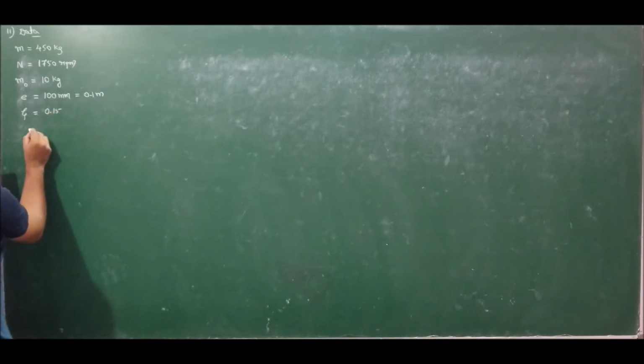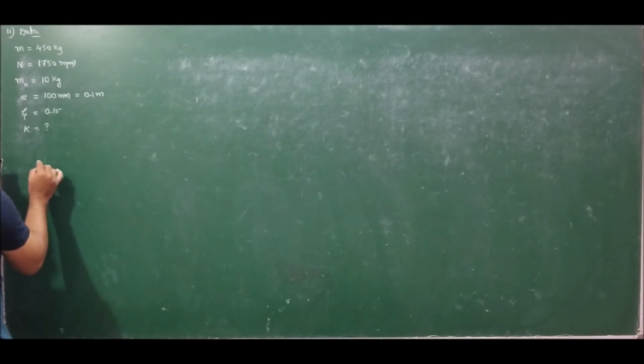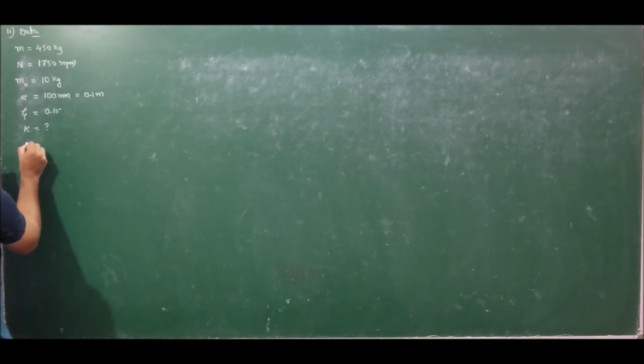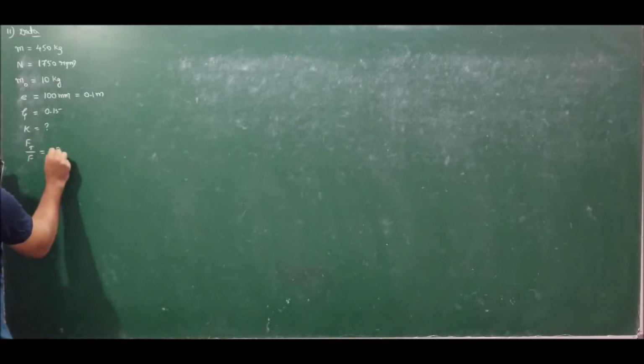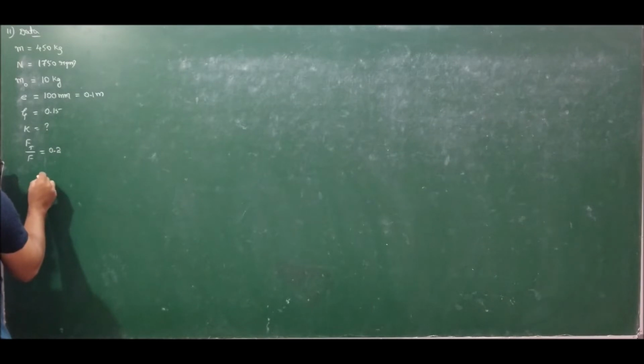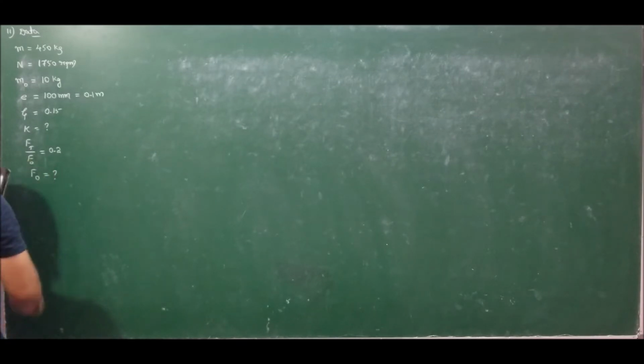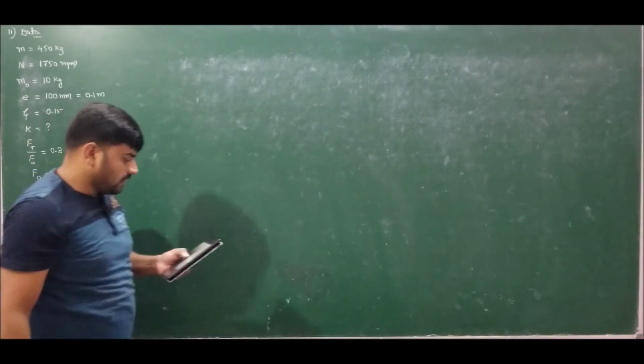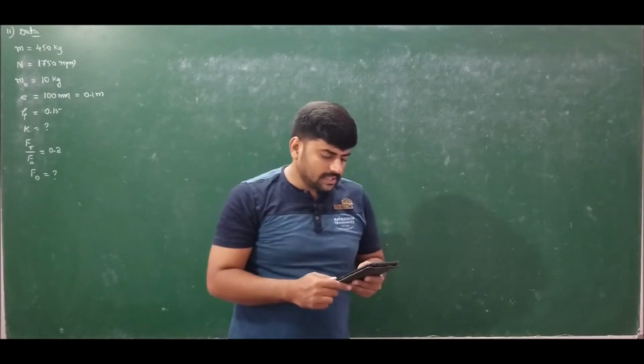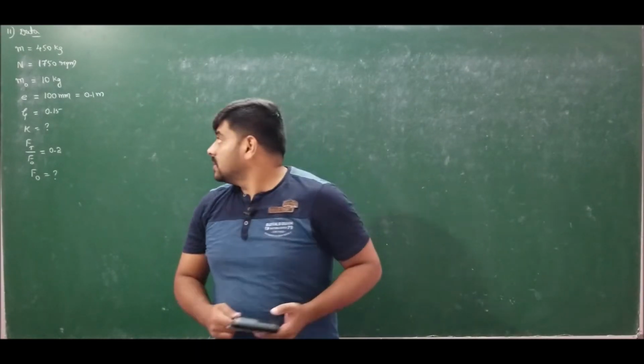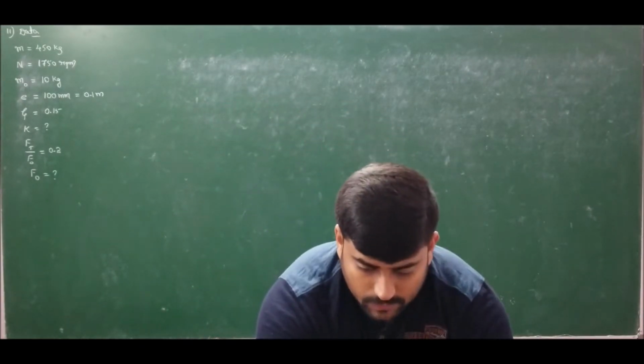Specify the spring means what? Specify the stiffness of the spring, if only 20% of the unbalanced force is transmitted, that is, transmission ratio Ft by F is 0.2, and also find out the amplitude of force transmitted, that is, F naught. Ft by F naught is 0.2. Find out F naught also is the question he is asking us. Right. Let us solve the problem. If I move to the solution,